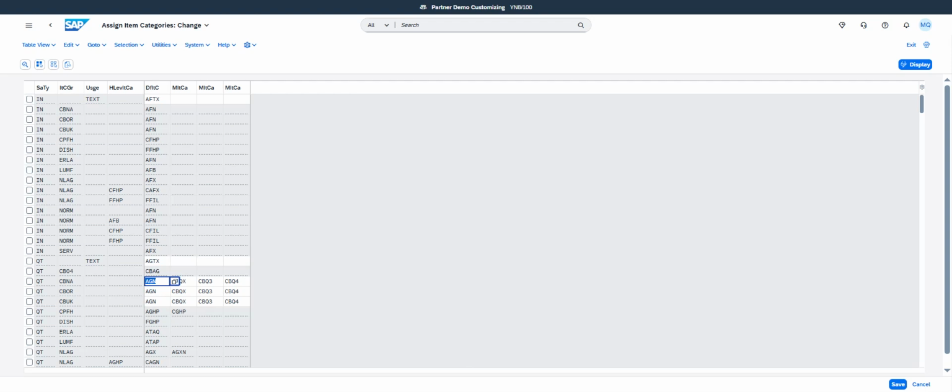Okay, so the only way is to know exactly what you are able to do and to read exactly all the information that you have in the scope item. And okay, in the public cloud, if I want to use the scope item returnable packaging, I really need to add this